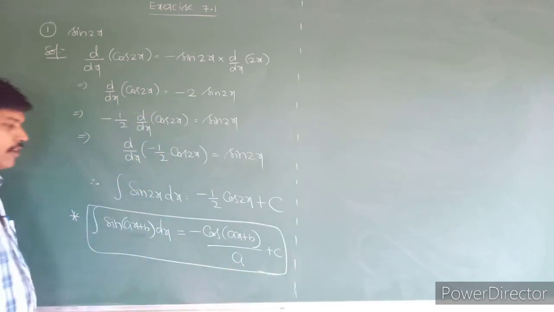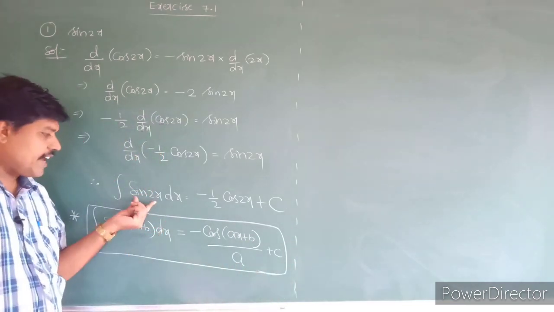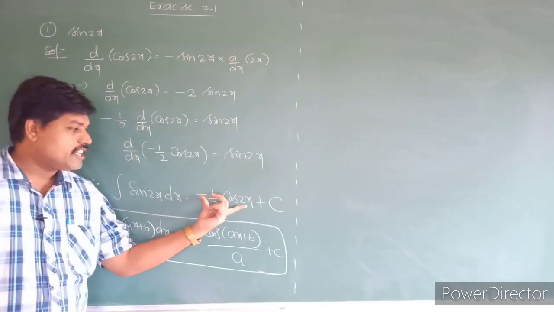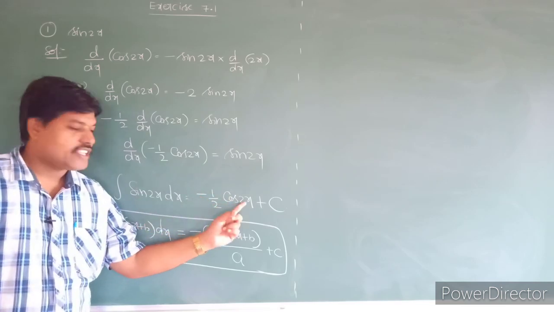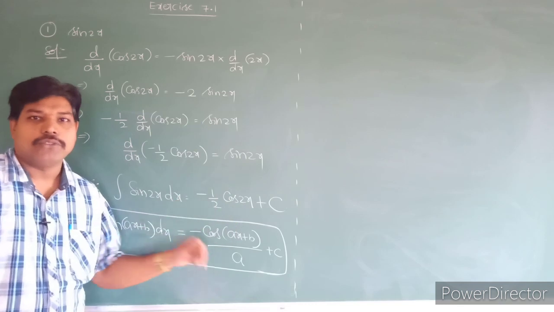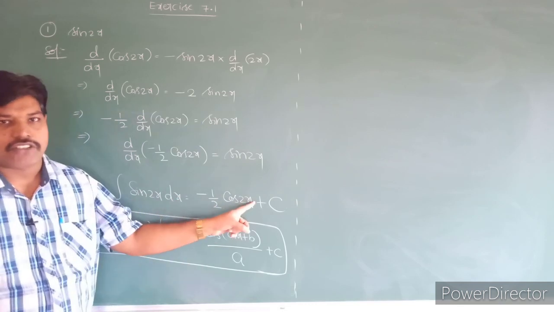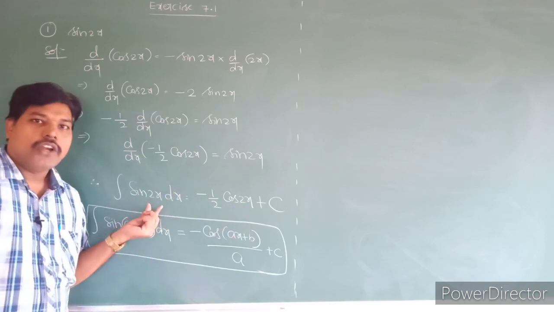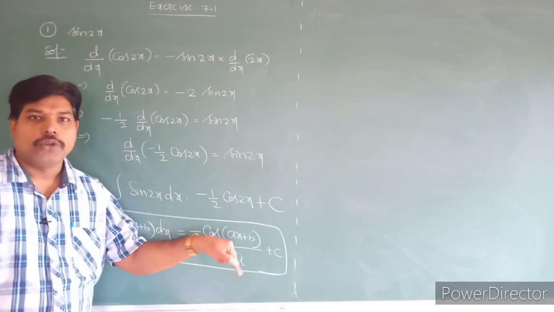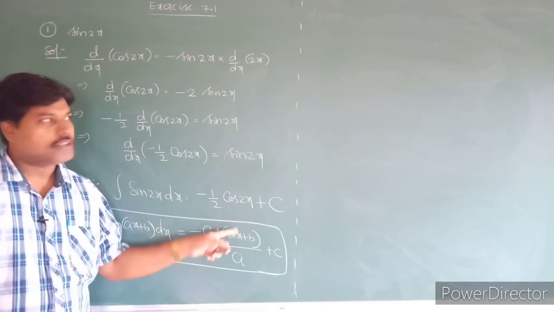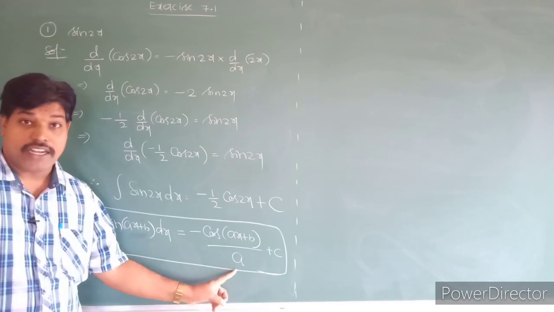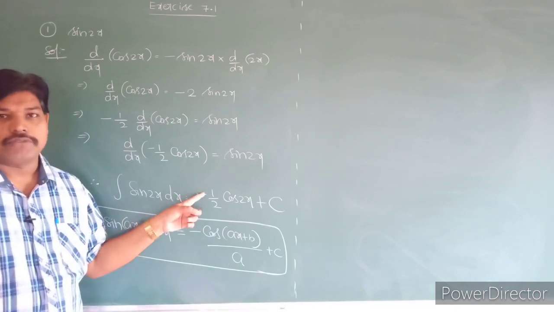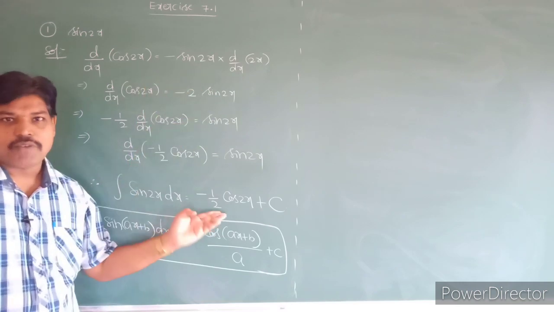See the important formula. See the first one: sin 2x integration is minus cos 2x. 2x derivative is 2. Sin integration is minus cos, but 2x is there and 2x derivative is 2, so that comes into the denominator. So you may get confused about why we take the derivative in the denominator. Because this is the proof. Understand? This is the example for this one.